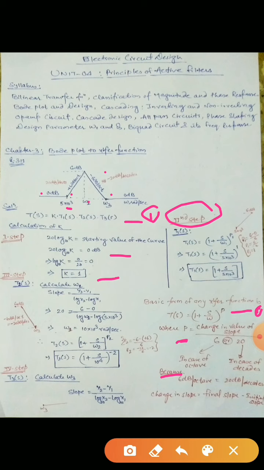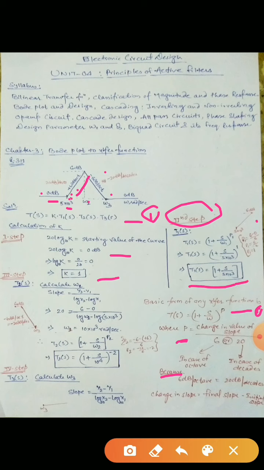Now what is P1? P1 is the change in the value of slope. That means final slope. So this is your middle point. Frequency is your middle point, and this plot is moving in this direction. So the final value of slope is plus 6 dB per octave, and the initial value of slope is 0 dB per octave. So the complete change is how much? Plus 6 minus 0. Here it is written P1 is equal to plus 6 minus 0 divided by 6. Why 6? It is represented in octave. So P1 is equal to 6 divided by 6, which is equal to 1. So here the value of P1 is calculated as 1.